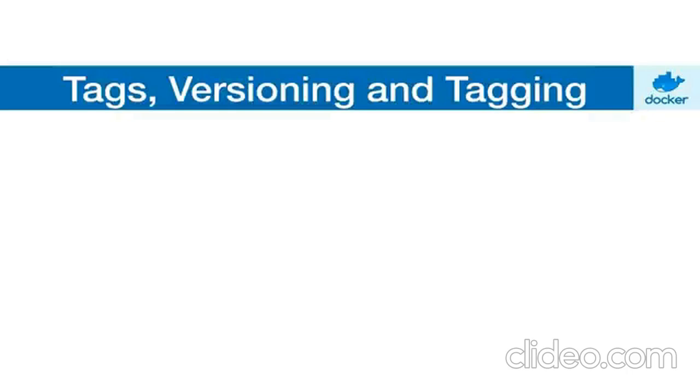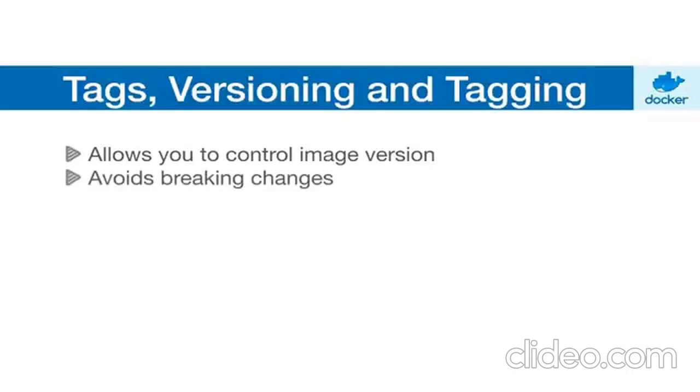In this section, let's learn the importance of tags, versioning, and tagging our own images. Basically, tag versioning allows you to control the image version, i.e. you have full control of what image you pull and what image your application depends on. The benefit of that is that you now avoid breaking changes. So let's say that you code against Node 8 today, and then tomorrow Node